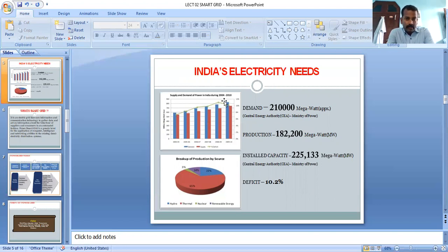This is the data of 2004 and 2010. Demand in this duration was 2,10,000 megawatt, while production was 1,82,200 megawatt, and installed capacity